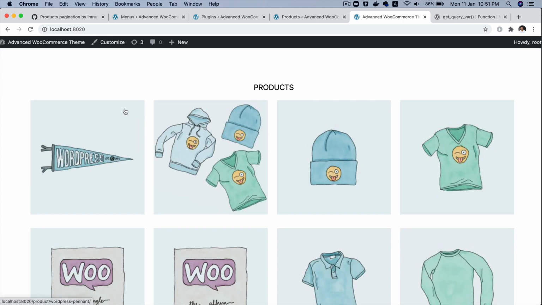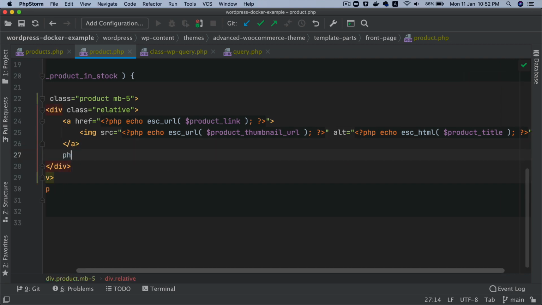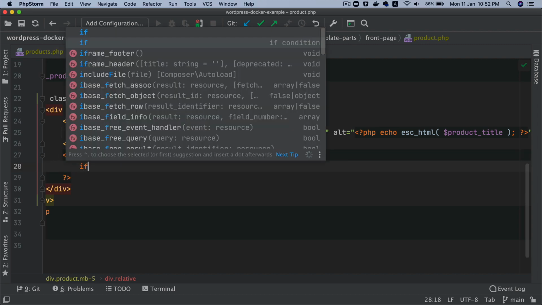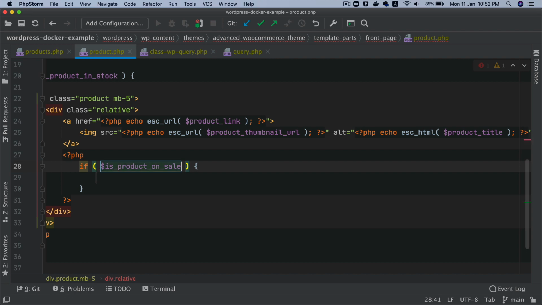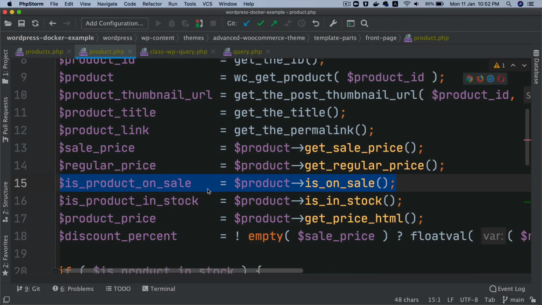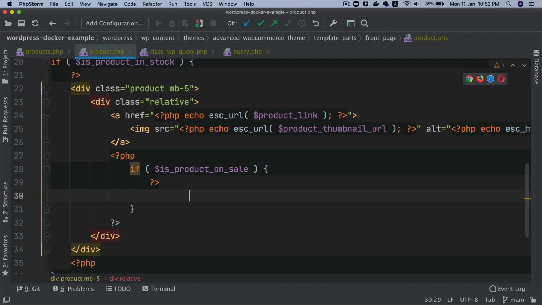I want to show a text over here that says sale if it has a sale. So what we're going to do is just below this link, I'm going to open a PHP tag, and inside of this we're going to say if is product on sale. Remember, we've already created this variable on top which is checking if the product is on sale or not, right? So inside of this, again, we want to write HTML, so I'll do closing and opening,